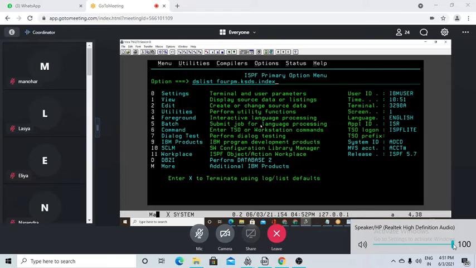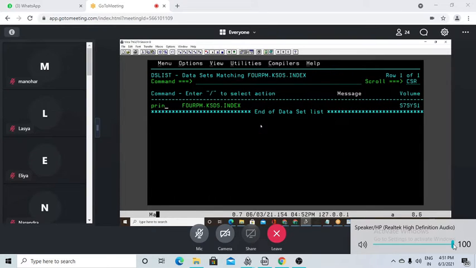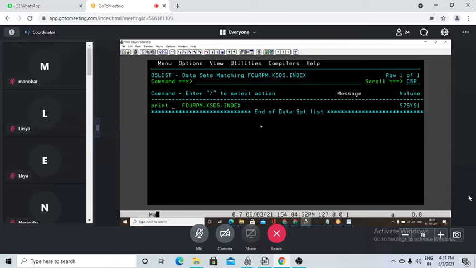If we find it over here, print. So I want to see the data inside it. What we will do? Print. Which command will we write? Print IDS, then forward slash, forward slash, then